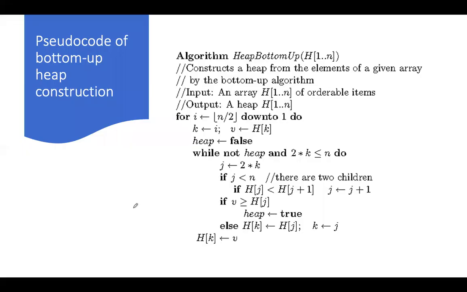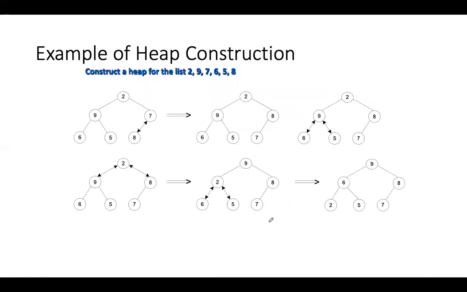And again, the algorithm is here. We have the I value, the K value, and arrays; we are talking from the array point of view. N by 2 means, as I said, parental nodes will be present only in the first half of the array. The rightmost parental node will be at the center element itself. So from that center element we are going to start. If I simply explain this algorithm, you won't understand the j value, k value and all, so we shall see one example.